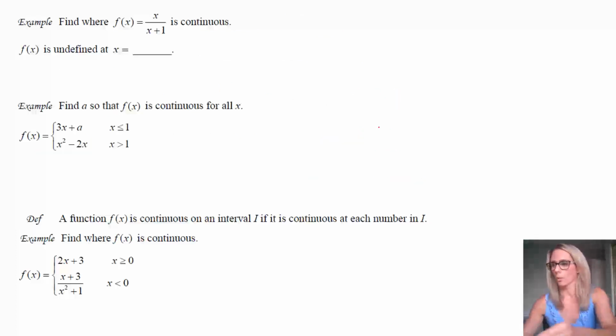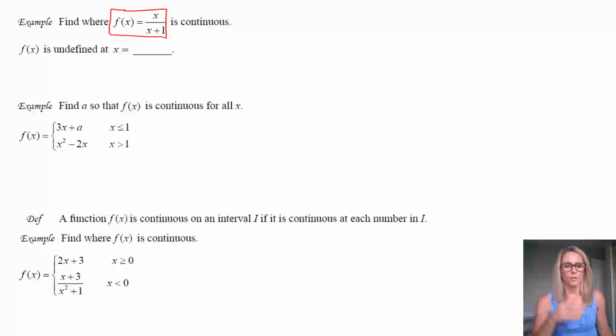Okay, so let's take a look now at just a rational function. So we have this rational function, and we're asked where it's continuous. So a lot of continuity, when you're looking at it like this, has to do with domain. Because if you have an issue with your domain, you're probably going to have an issue with continuity. So the big things to see here is you've got to ask yourself, what type of function is this? And this is a rational function. We've got a polynomial in the numerator and a polynomial in the denominator.